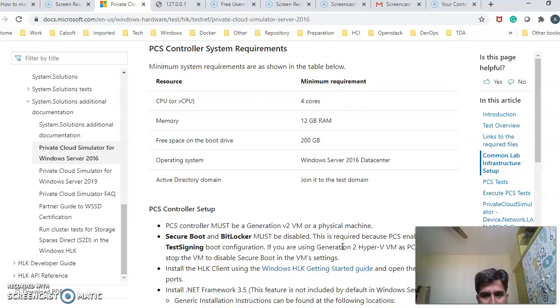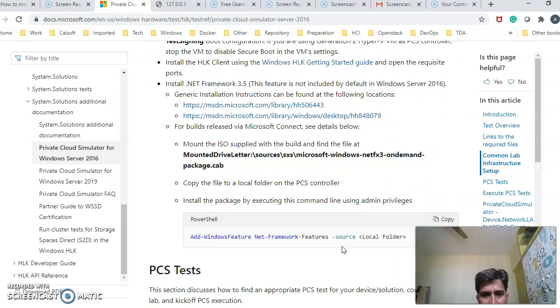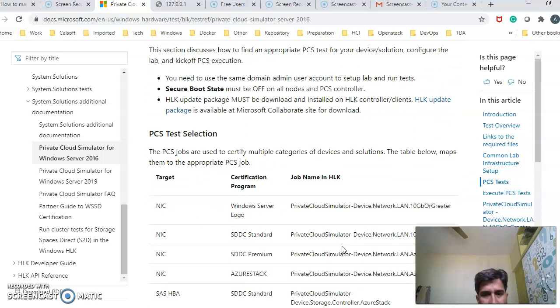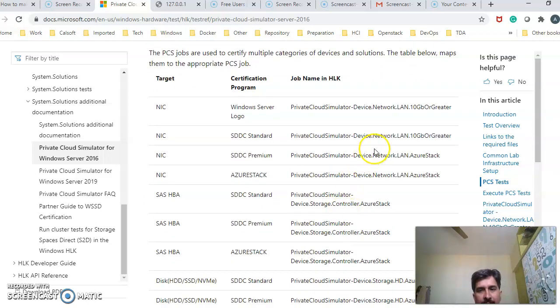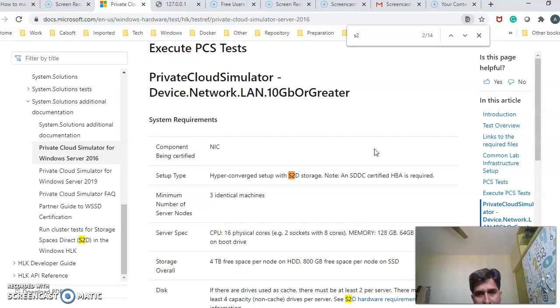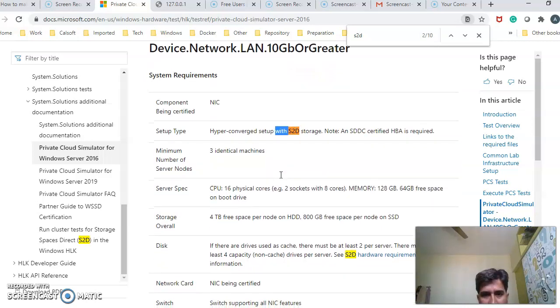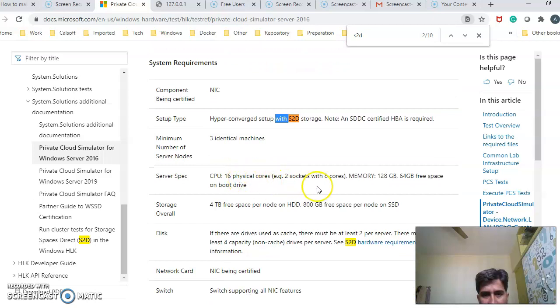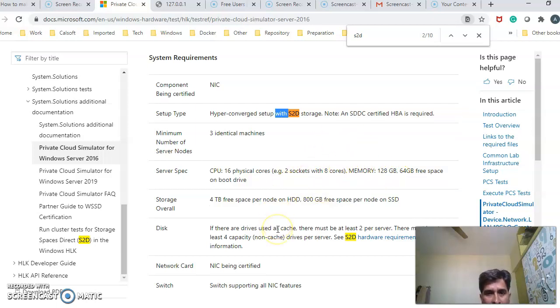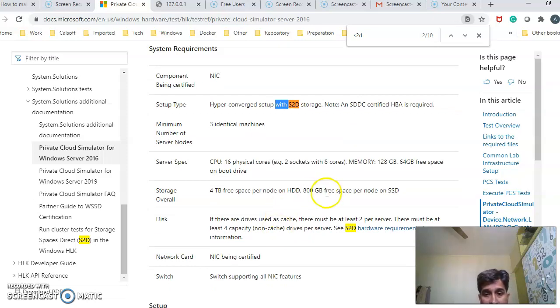And yeah, so for disks, maybe you have to search for. Okay, so this is for the controller, and now we are talking about the cluster nodes.